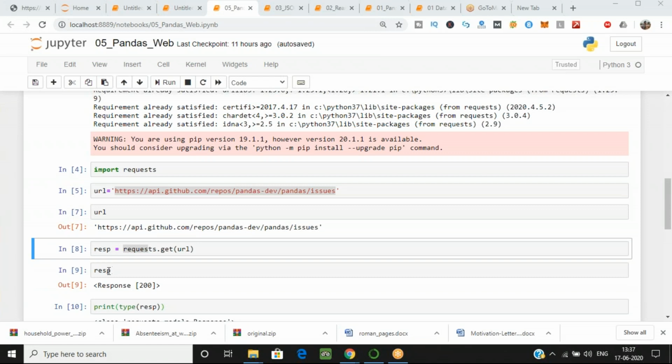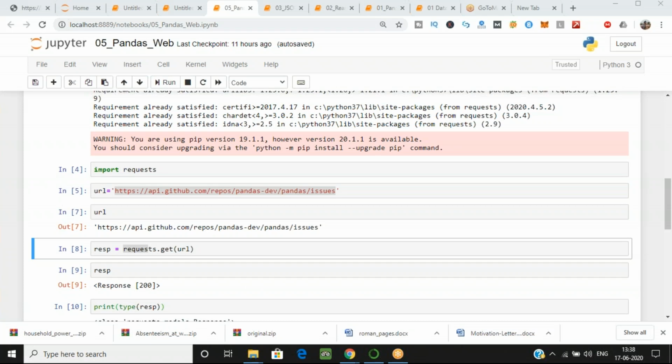Now just check what is in the variable RESP in which we are fetching the request. When I execute this, you are getting the response 200. Either you can also get the response 404. These are the codes we use for this. If you are getting 200, it means it is a success. But if you are having 404, then it means there is an error. So we are getting 200, that means it is correctly fine. It has downloaded the data from this URL.